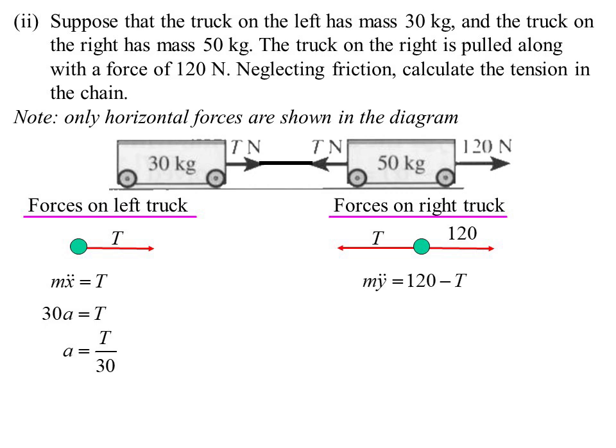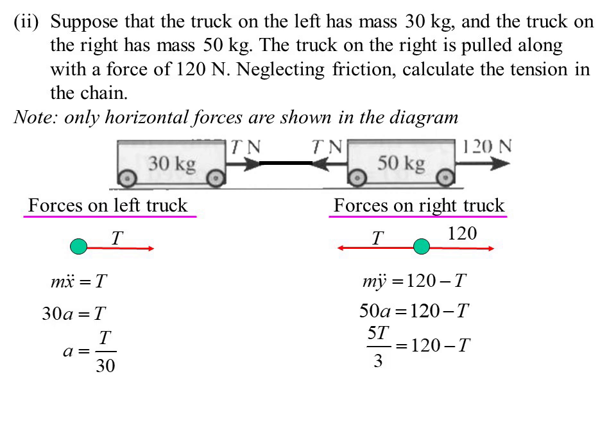Now, force equals mass times acceleration, and I've called the acceleration y double dot in this case. I know it's not vertical and we think y is vertical, I've just picked a pronumeral. And it's got to be different to x because we've got a different object. So my y double dot equation would have 120 in the positive direction, because that's the direction we're travelling, minus the tension. The force in that one would be 50 times acceleration, but what I do know is the acceleration must be the same. Because if the acceleration was not the same, that chain would not remain tight, because one would catch up with the other or something like that. But they're staying travelling at the same rate.